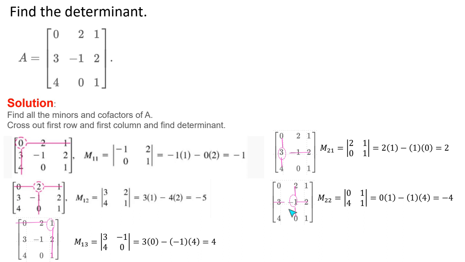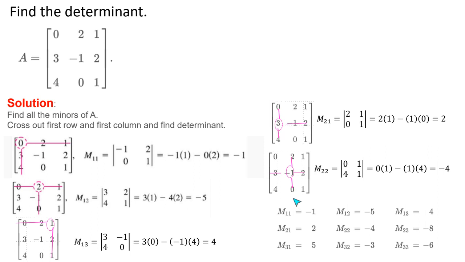And now I'm going to use the next one, negative 1. So I cross out this row and this column, and we're left with 0 and 1, and 4 and 1. So 0 times 1 is 0, 4 times 1 is 4, 0 minus 4 is negative 4. We keep going down the same way, and then we go down to the last row and do the same thing. We're going to end up with all these minors here, six of them. Right now I did 5. You would do the one with the 2, then the one with the 4, the 0, and the 1. Okay. So once you get your minors, which are right here,